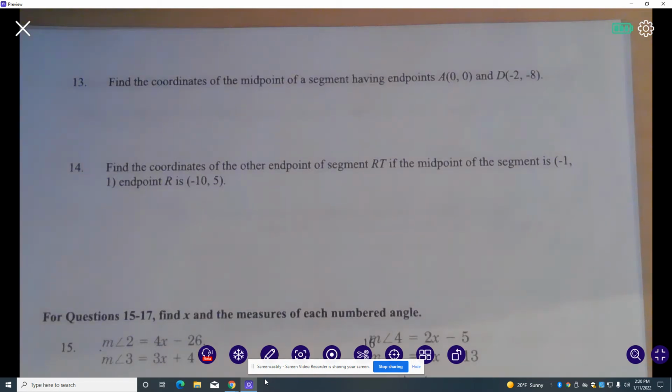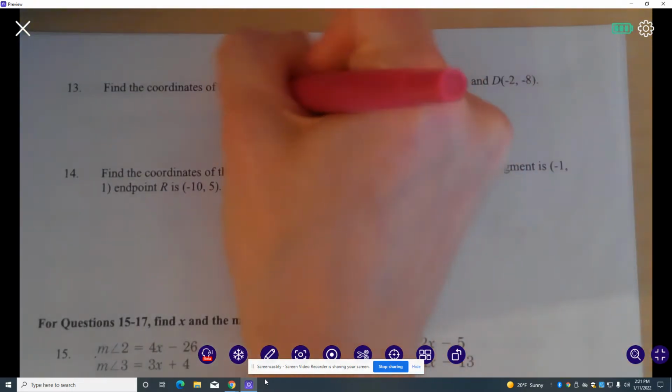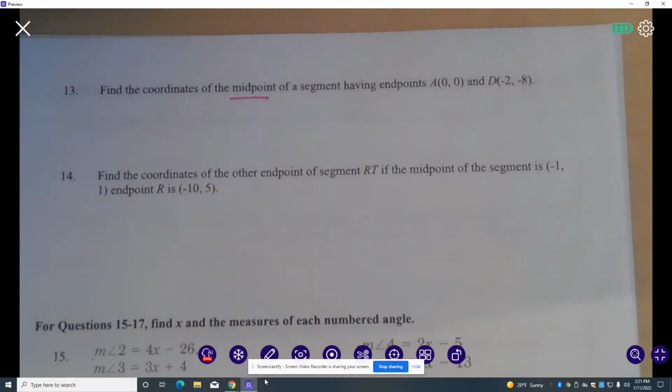We are on page 3 of the final exam review, and we're going to go over number 13 and 14. And number 13, we need to find the coordinates of the midpoint of a segment having endpoints A (0, 0) and D (-2, -8). So there's a couple methods you could use to solve this problem, but we're trying to